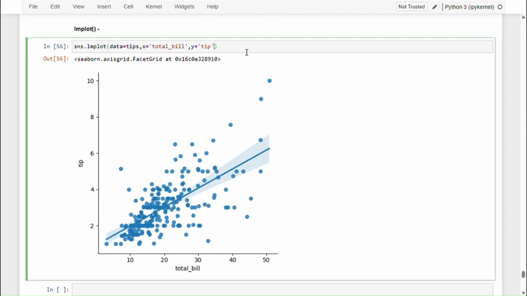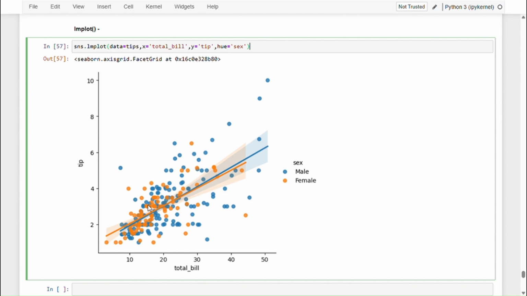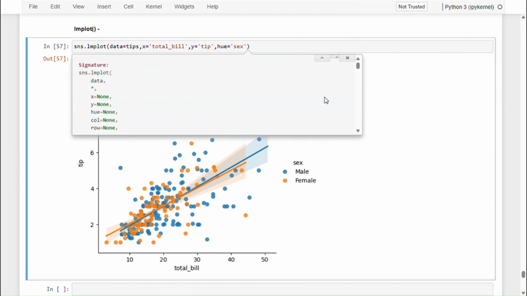So now let's say you want to separate it for both sexes. So in the hue we can pass in sex, and so it will color code the data for both males and females, and it will further have the lmplot line, the linear regression line, for both males and females separately as well. Now let's say you are still having difficulty reading this data and you want to further customize it. You want to use different kind of markers for both male and female. For that we have a parameter called markers here,